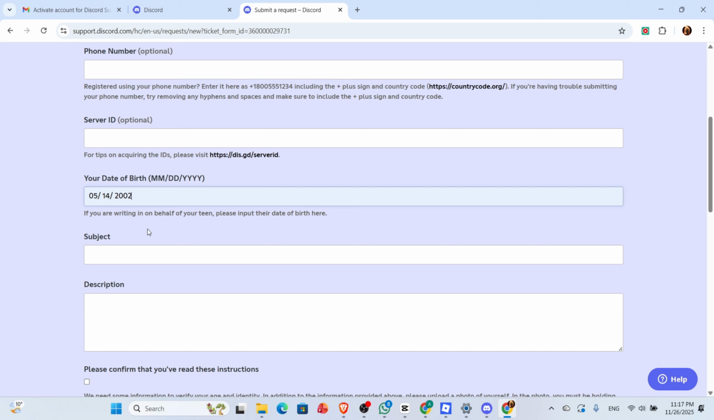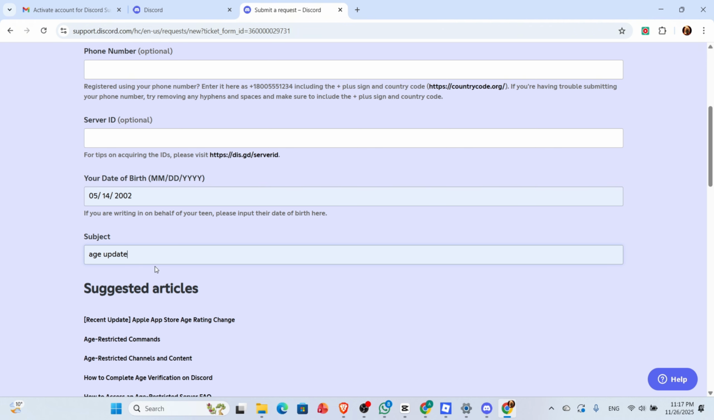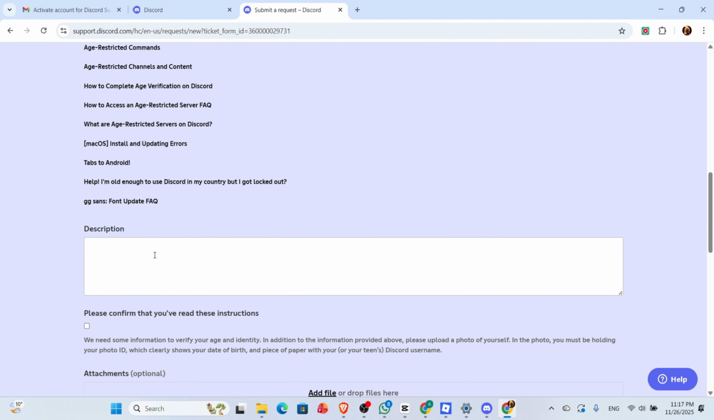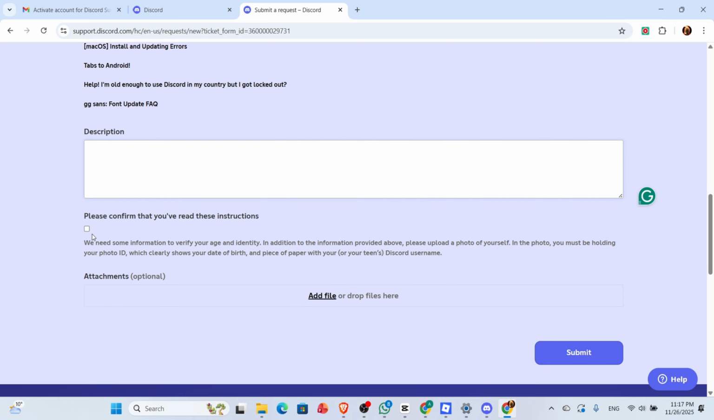And after that, on the next box, you simply have to click on it. And there on the subject, you simply have to type in age update my age. You can write it in your own language, and after that, on the description you can describe the reasons for you to update your age, and this will ensure a clearance between the support system and your account. After that, you can simply check the box,